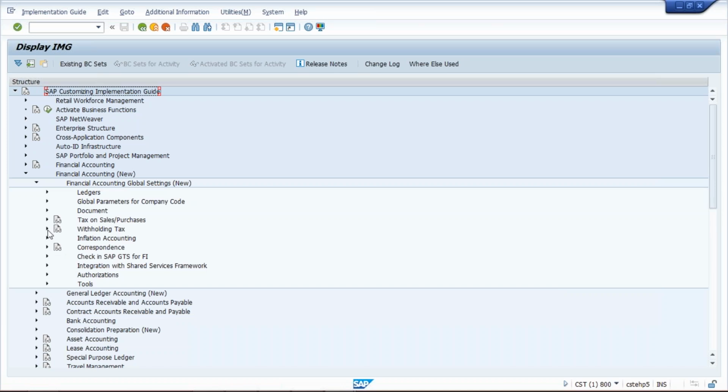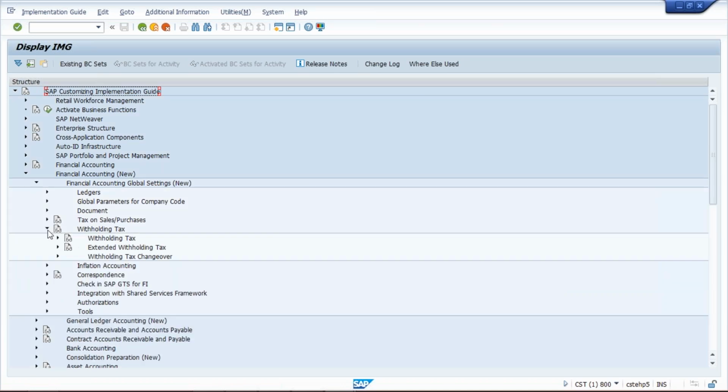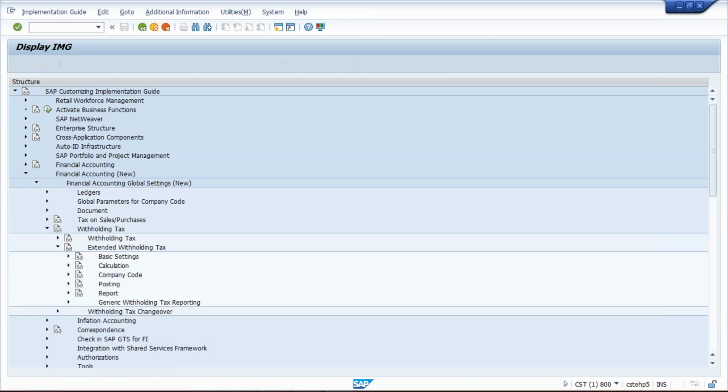And then see here, in that, withholding tax is there. Expand it, extended withholding tax.